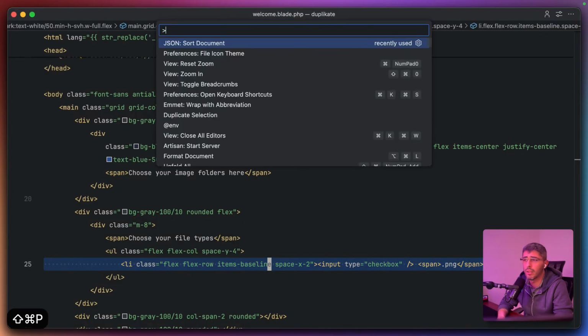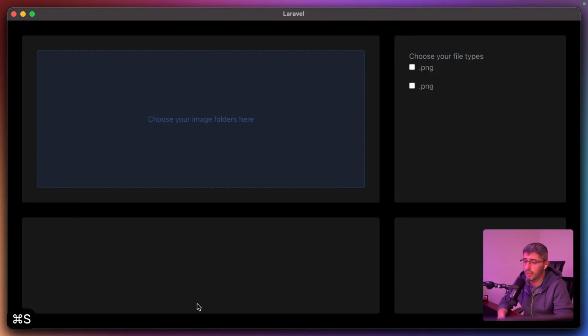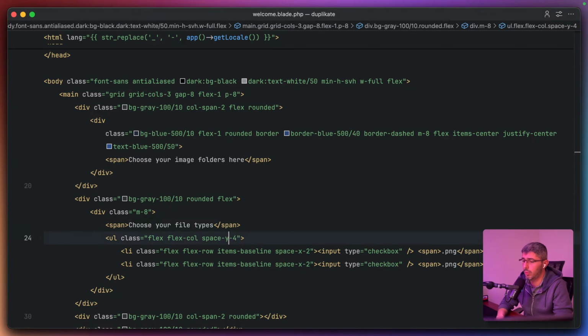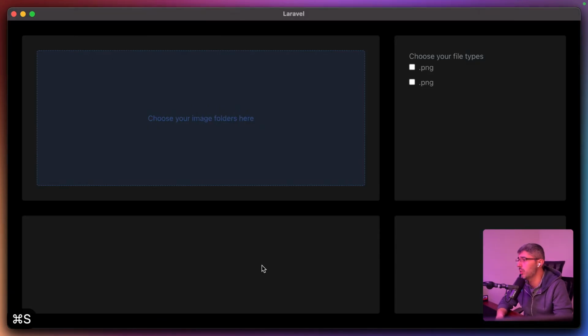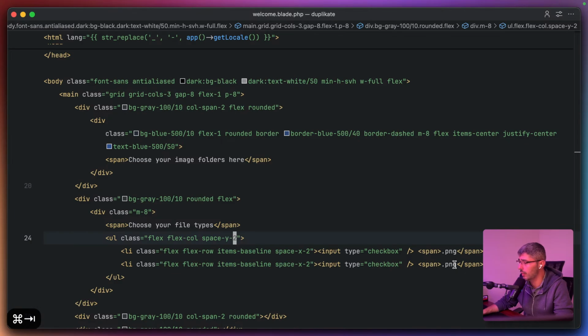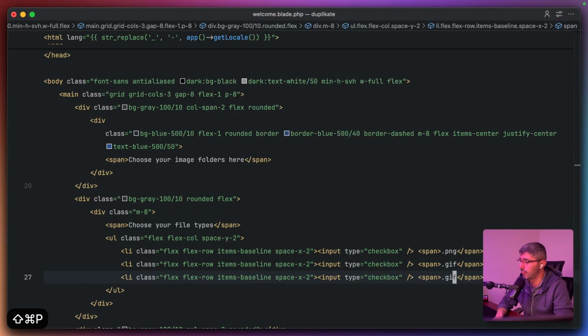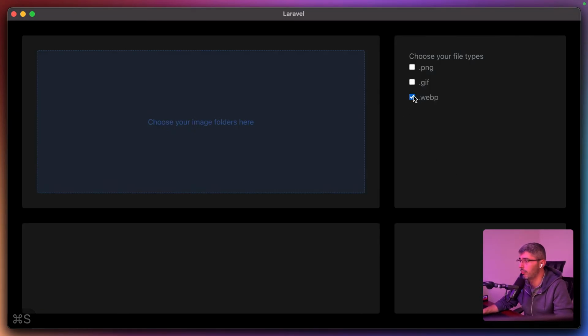So let's duplicate that. We will reduce the space between the elements, and let's make GIF and WebP, just so that we have something that we can choose from. All right, so